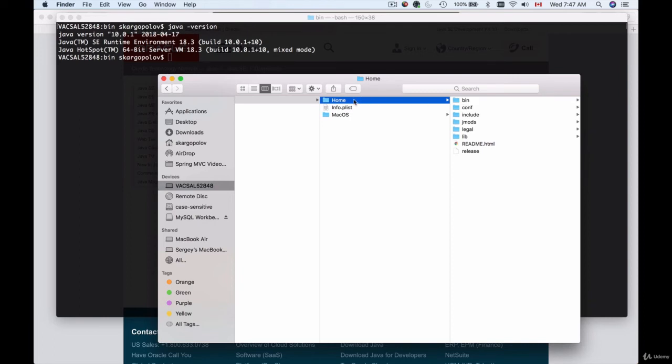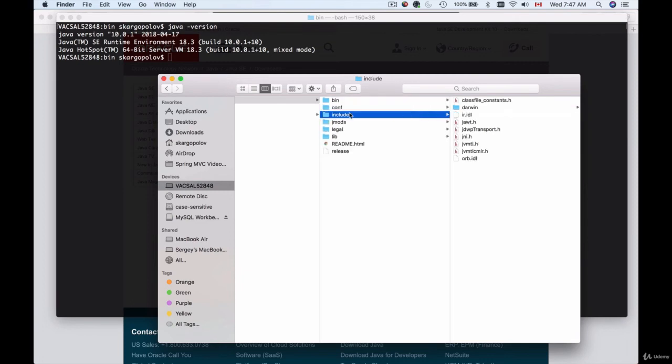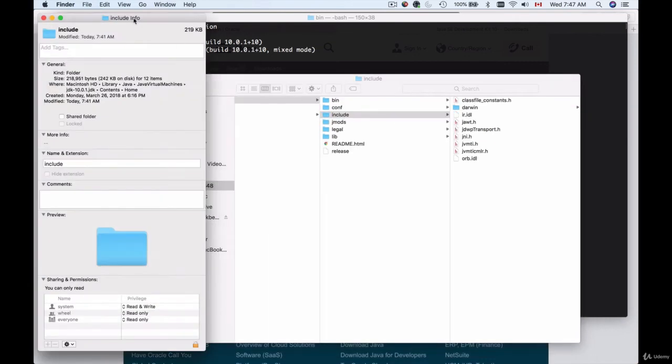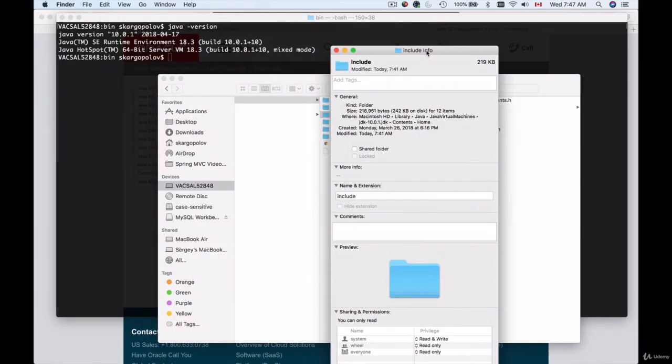So if you need to set up an environment variable for your Java home folder, what you can do is click on one of these inner folders, and then do Command I on your keyboard to bring up the information about the folder, and then copy this where path. It starts with Macintosh, Java, library, Java virtual machines, all the way until home. It should end with a home. And then copy it